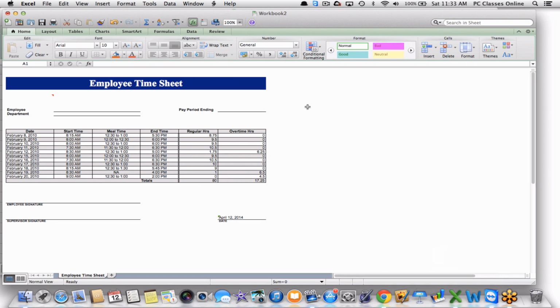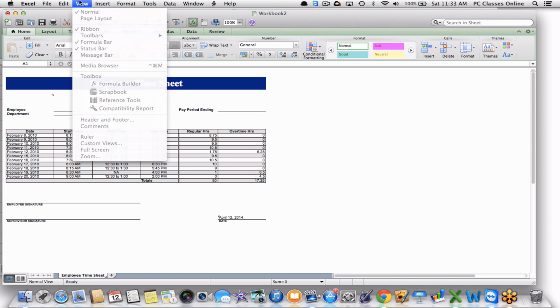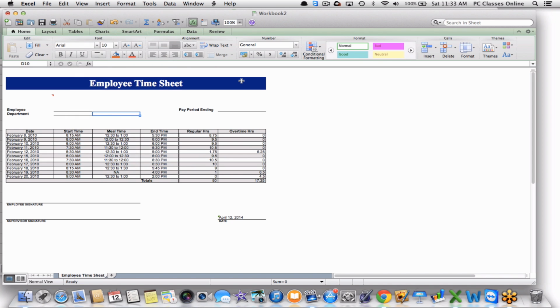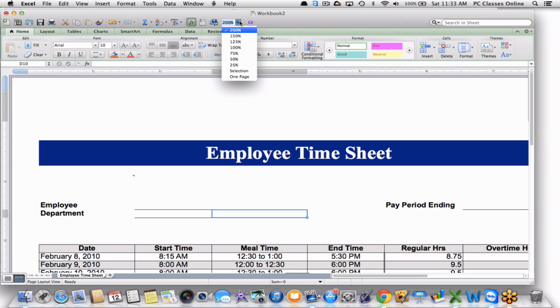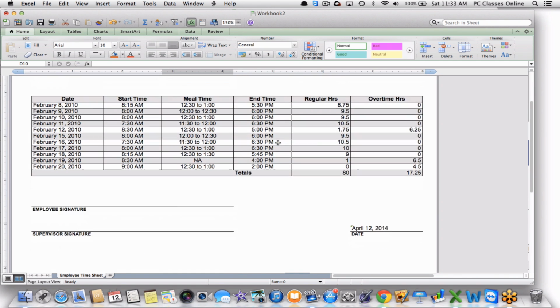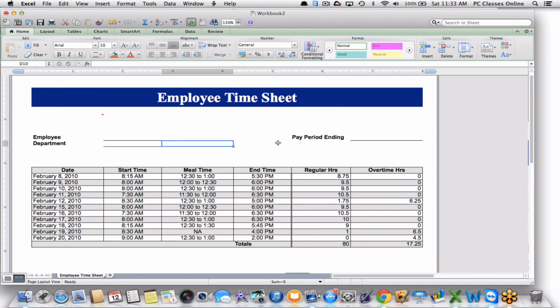Okay, give me a second here. I just want to make this a little bit larger. So let me go into view. I don't know why it's not letting me zoom up on that. Maybe if I go in here. Nope, it isn't. Here we go. Sorry. 200. Too big. 150. Better. Okay. So let's say I'm putting in my data here, and the whole point of the template is that